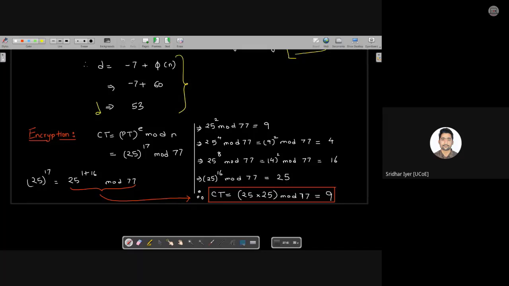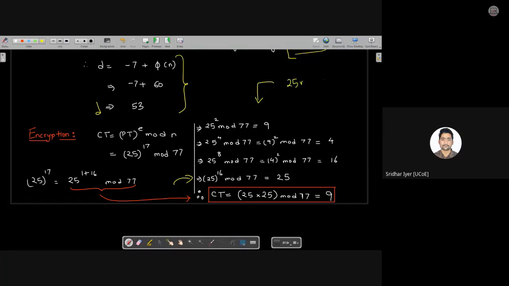Now you have to start solving it. Now you know that 25 raised to 17 is simply broken down into 1 plus 16. So you need to solve it till the 16th power. Because it's very simple. If we again go beyond this, it will be 25 raised to 32. Do we require it? No, we don't need it. Because the maximum that is required from us is 17th power of 25. So we will stop over here, right? So we'll consider the very first value and this particular value, and we'll get the answer.